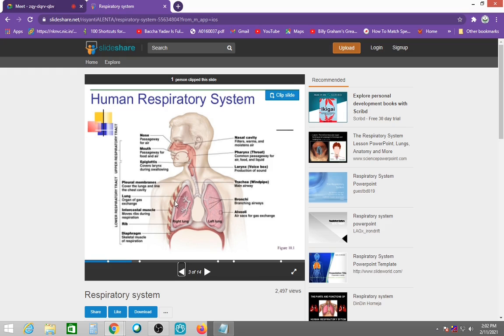Restrictive diseases will affect the chest wall or the interstitium. You know, this is the interstitium in between. Are you understanding? There are 2 types of main respiratory diseases: obstructive, which will affect the airways, as I've explained, and restrictive, where there is some defect in the chest wall, or some defect in the diaphragm, or in the interstitium in between the airways. There's this lung interstitium, right? Those kinds of diseases are again restrictive diseases. So there are 2 main groups. We'll go to that tomorrow.